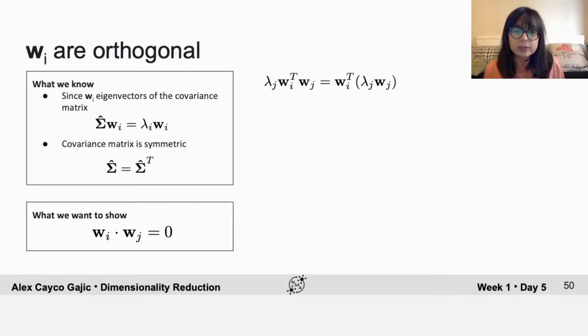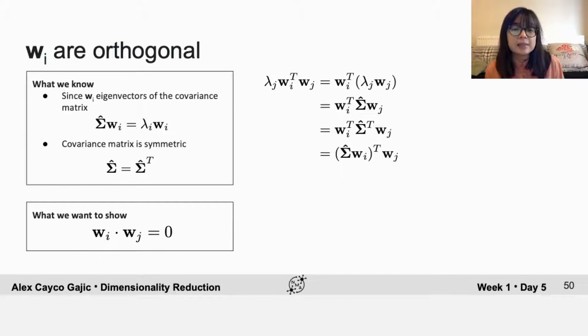You can rewrite this by moving the lambda j next to the Wj, and then use the eigenvector equation to rewrite lambda j Wj as sigma Wj. And then we use the fact that the covariance matrix is symmetric, so replace it by its transpose. And then note that Wi transpose sigma transpose can be written as (sigma Wi) transpose. And then the next trick is to use the eigenvector equation again to write lambda i times the dot product